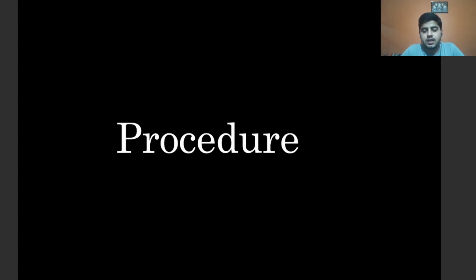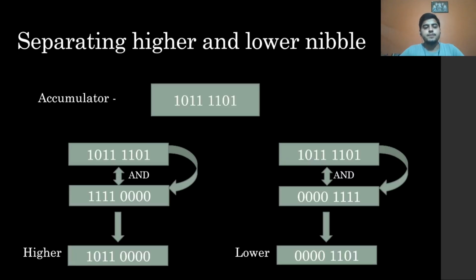Now, I will be explaining the procedure in two parts. First, we will understand the logic behind the main procedure that we are going to follow in solving this question. So the logic and theory part will be explained in the first part, and then with the help of a data flow diagram I will explain how to code this particular problem. Now let's move ahead and see.